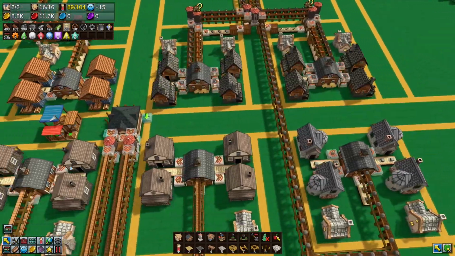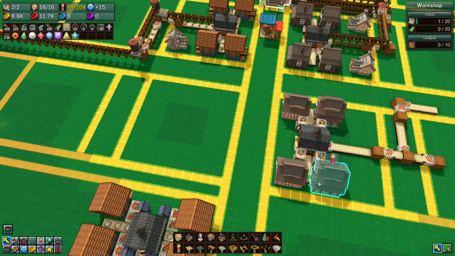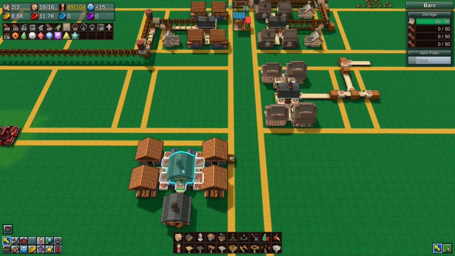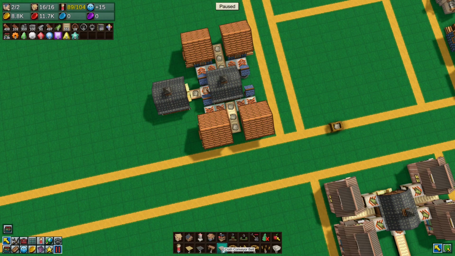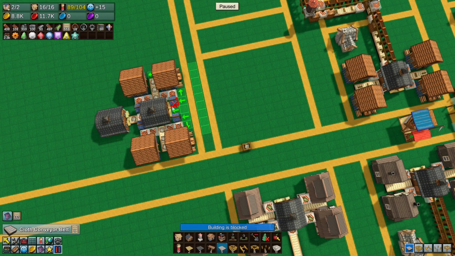Yeah, I think this is going to do its thing. So you're going to come down with the cloth and put the cloth into there. You're going to put the paper into there, albeit extremely slowly, but that's fine. Yeah, in fact, that's not fine. That's stupidly slow. So I am going to